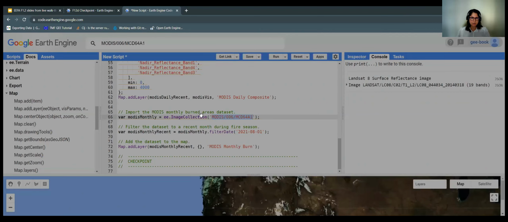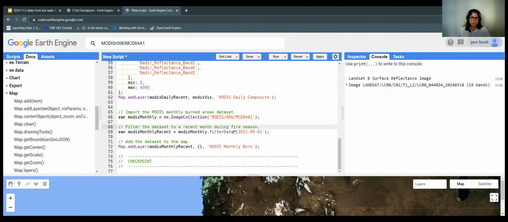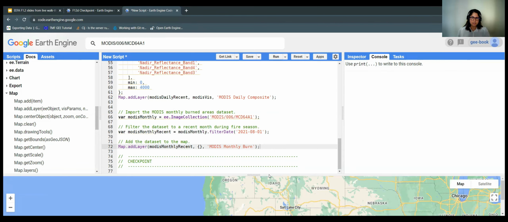So we're calling that one, and we'll be filtering by date again. So in line 69, we're filtering by date for this date in August. And we are adding this data set to the map. So because it's a monthly data set, we have one layer for the entire month of August here of 2021. And we are adding that to the map. And if we click run, we can see that